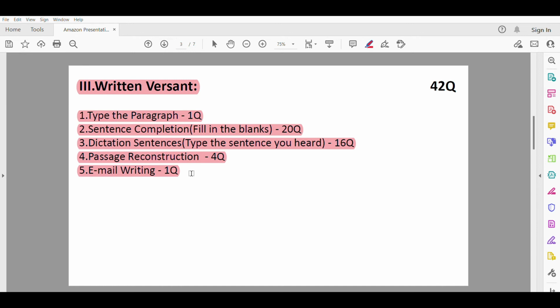So please be careful and go thoroughly through the email writing structure, whom they ask you to write the email to, and what topics we have to include. Basically, they will ask topics like write an email to your manager regarding the best employer, or write an email to your co-employee, that's all. Basically this is all the voice version. The written version comprises a total of 42 questions, right? So next, move on to the next round.